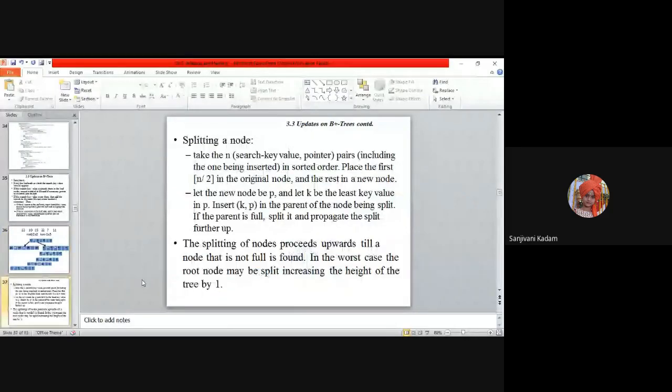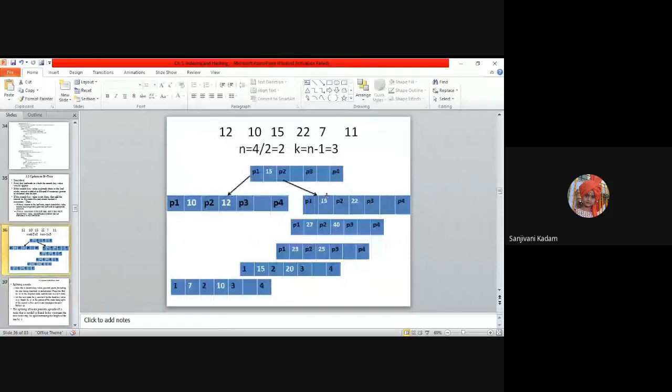Next, let the new node be P. Let K be the list search list key value. So yesterday also we have seen split up example. So split up, whenever we are going for the split up, if above node, that is internal node, is also full, then also we can go for the split up. In case of internal node, whatever the values of search key values are there, these are not repeated in terms of leaf node. It means here the repetition will be there from the leaf node to the above node.